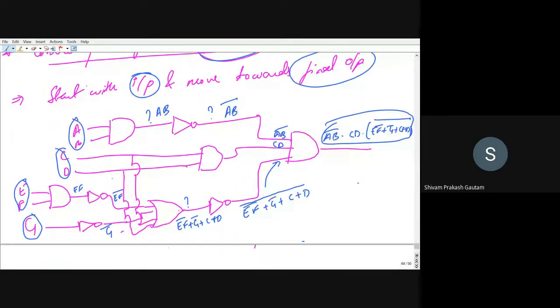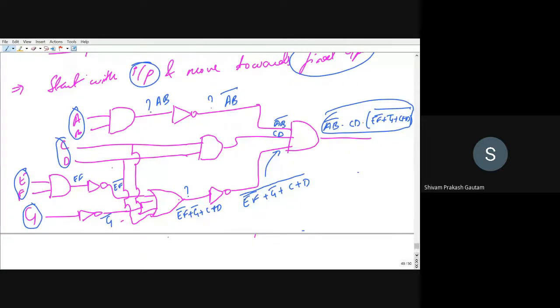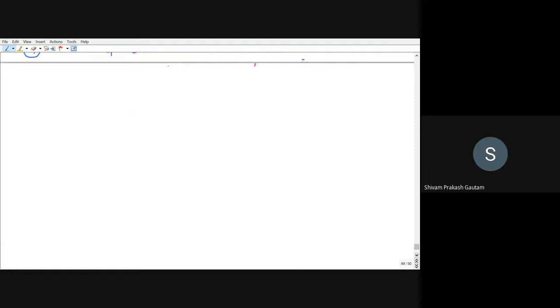Okay. So I hope this you have understood. Let me take one more example if it is possible. Okay, so I think that is sufficient. We will move ahead. Now we have seen AOI logic, that is AND or invert logic, and we have converted AOI logic to Boolean expression. And we have also converted vice versa, that is from Boolean to AOI logic.